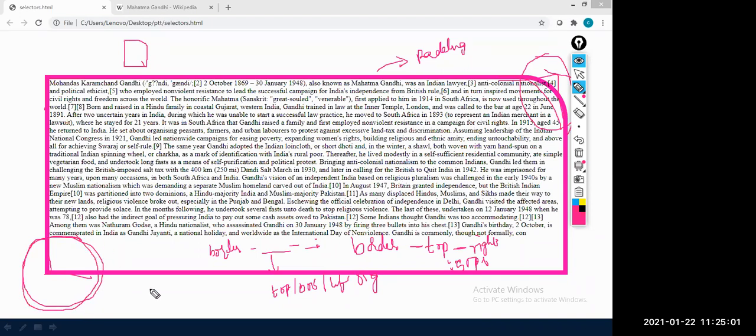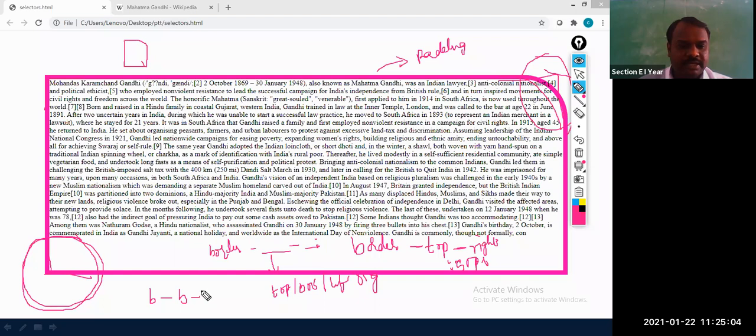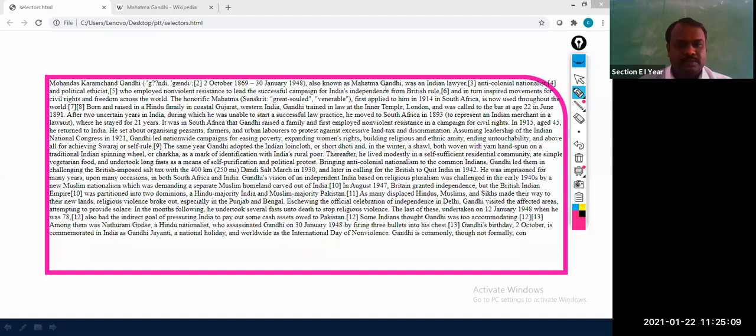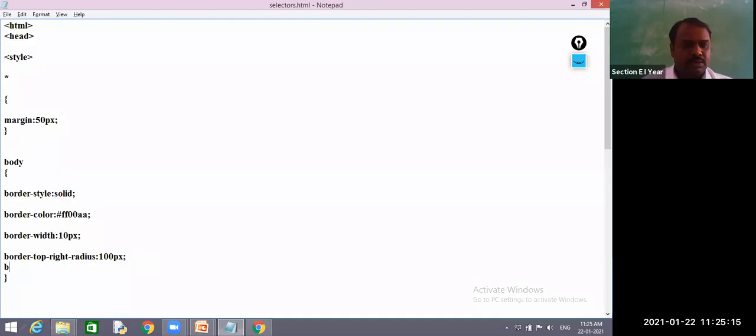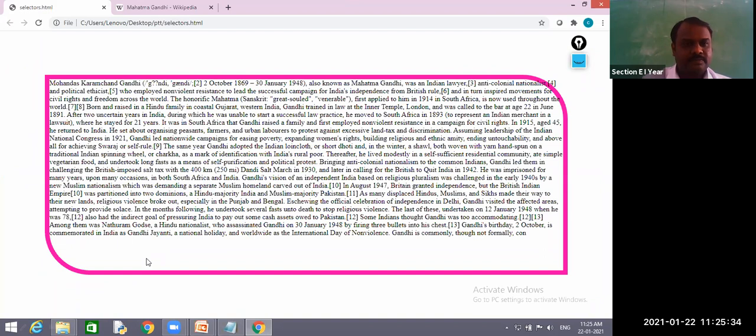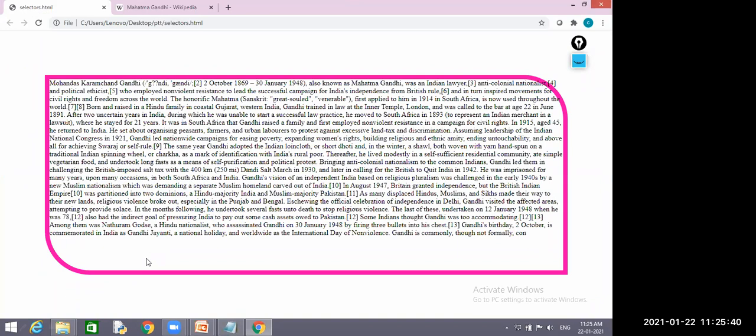Border, bottom, left, radius to 100 pixel. So x-axis 100 pixel will take, y-axis 100 pixel will take. So did you get it? Yes. So both sides have applied based on our requirement.